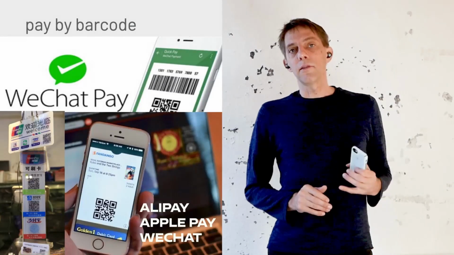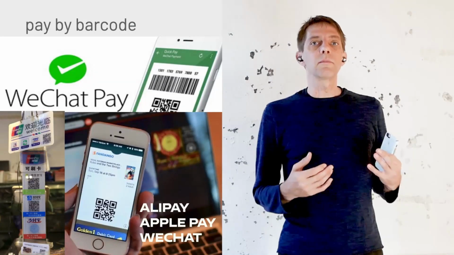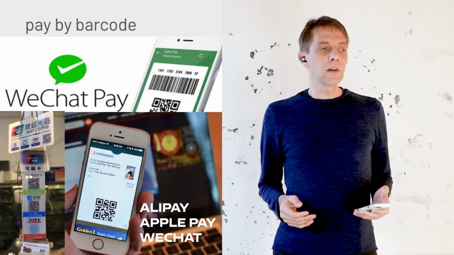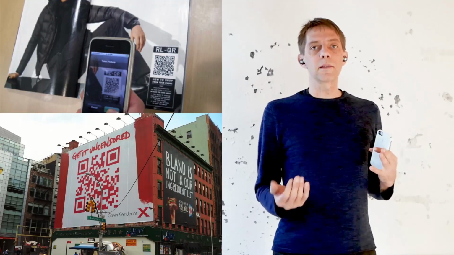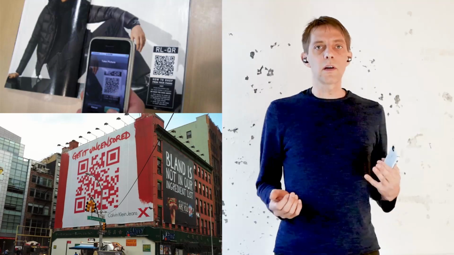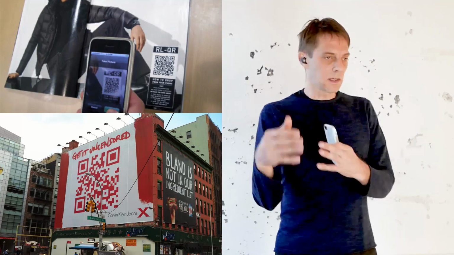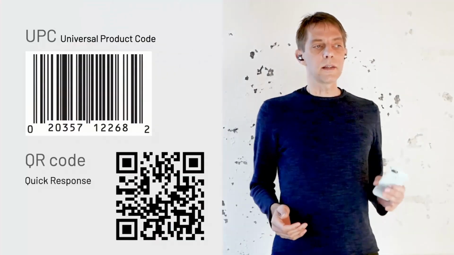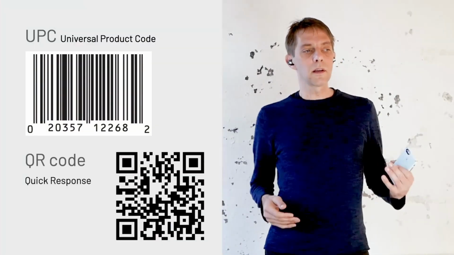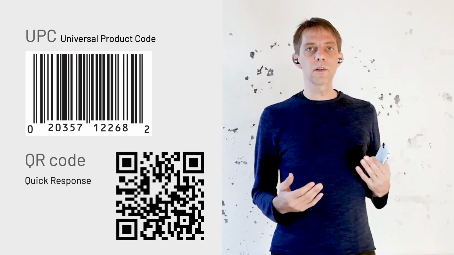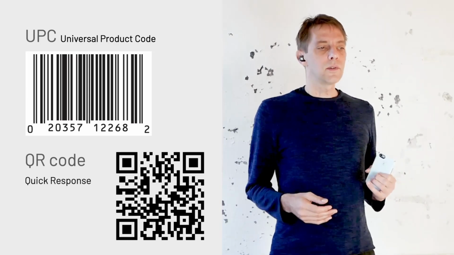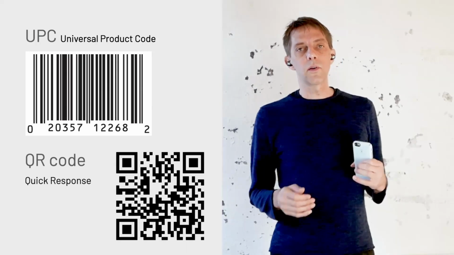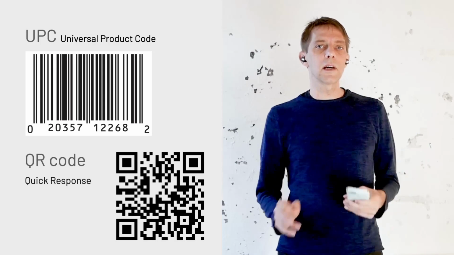And then I have this presentation about more emerging platforms and how we use barcodes in the future. And I think it's coming up here. It's from Asia. Originally, those QR codes were used a lot for advertising. I'll go into that. I see it more and more over here now. And this was the old UPC, the Universal Product Code, that was first used, and it sort of evolved into a QR code, but they both still exist.